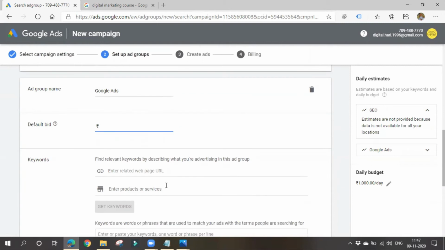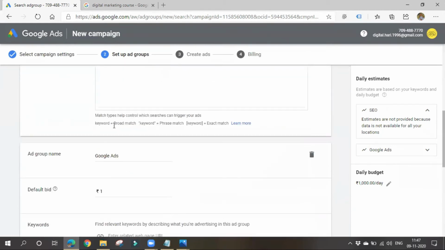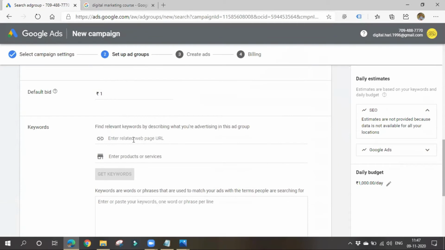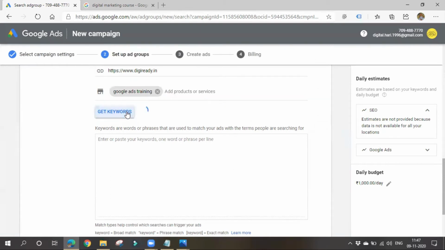Here also, I want to spend only ₹1 per click. You have to give your website URL. Now I want Google Ads training. Please give your keyword so that it will show you some suggestions.